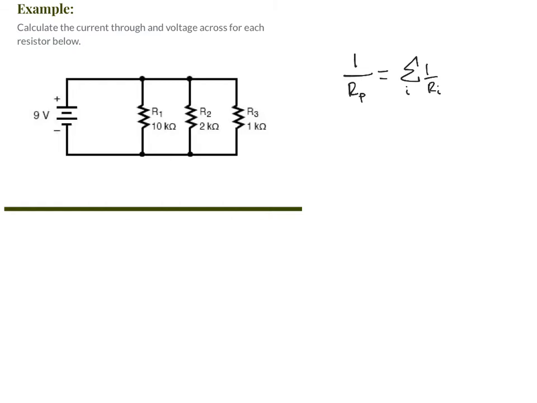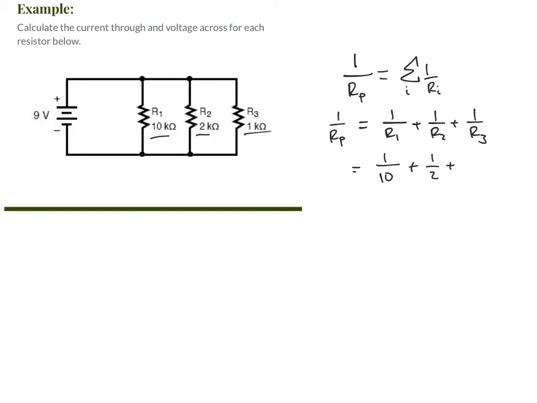So that looks like 1 over R parallel equals 1 over R1 plus 1 over R2 plus 1 over R3, which is equal to 1 over 10 plus 1 over 2 plus